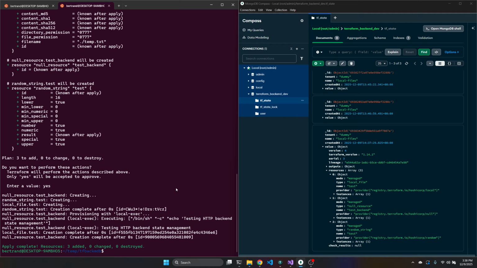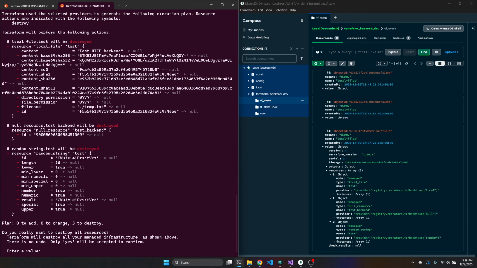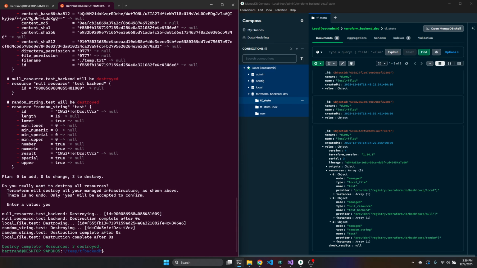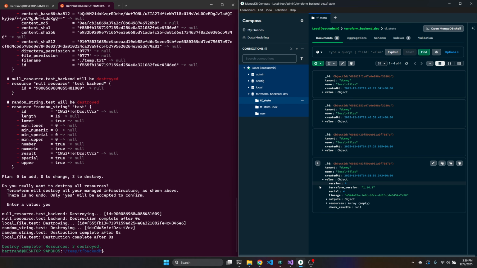Just for the sake of it, I will destroy everything. And we can see it's okay. And now if I query this document again, we can see that the array is empty. So we can see also that it can be a very interesting source of truth.